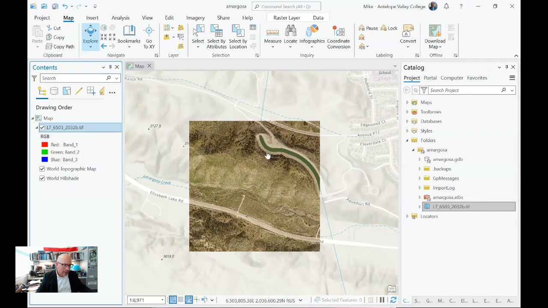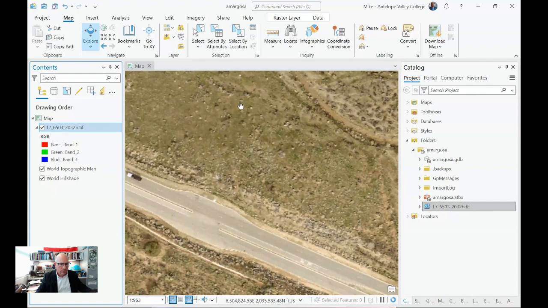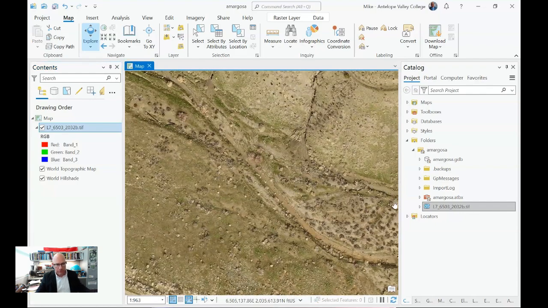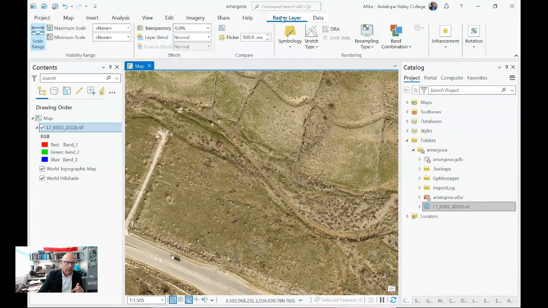If I turn the aerial image back on and I zoom in and we look at the actual terrain, you can see that it's more than just one simple line. There are multiple lines of drainage in here, some deeper than others, but clearly it's a little more complicated than this existing representation. And what you can do, if you click on raster layer, okay, so from this ribbon here,